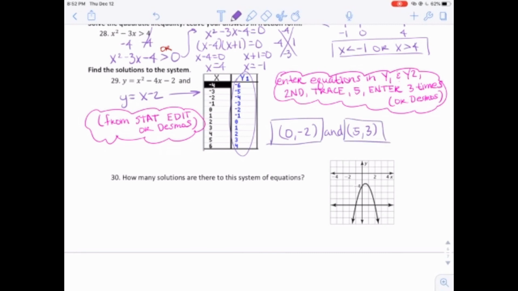Number 30 is super easy. It's just asking how many solutions are there to this system. Well, I just said it. If we have two places where the graphs cross, we have two solutions. Two solutions here. So two